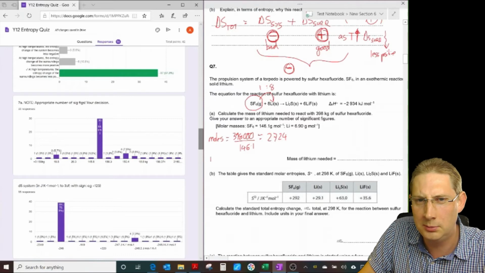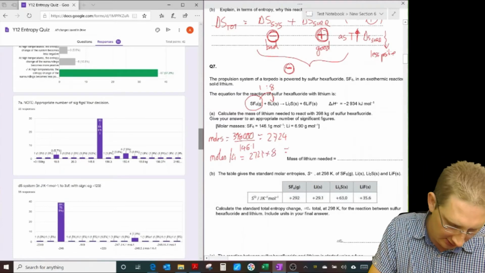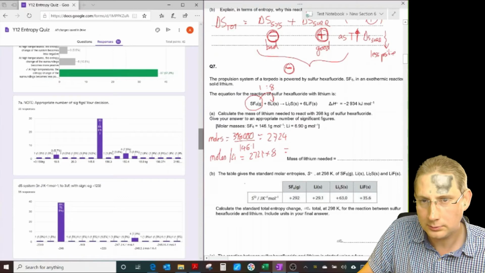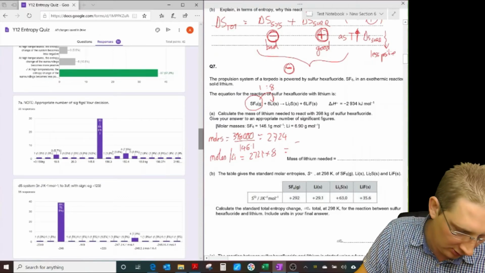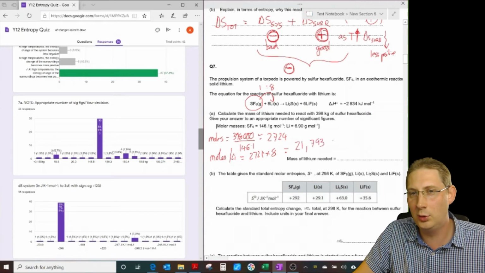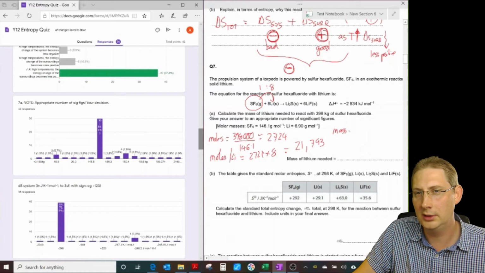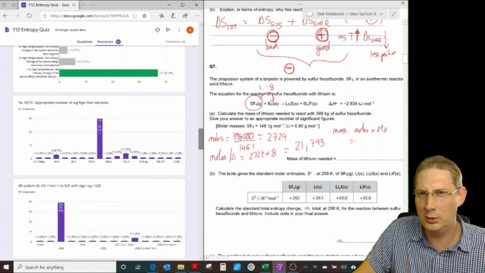So therefore, moles of lithium equals 2724 times 8, which equals 21,793, and therefore the mass is moles times Mr, which equals 21,793 times 6.9, which equals